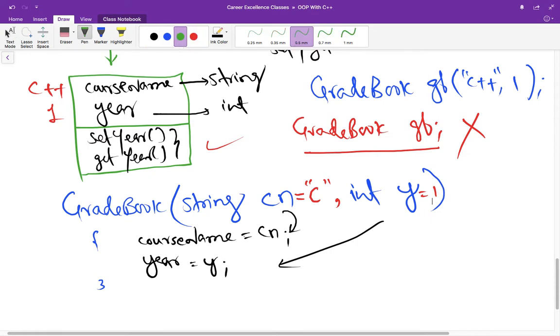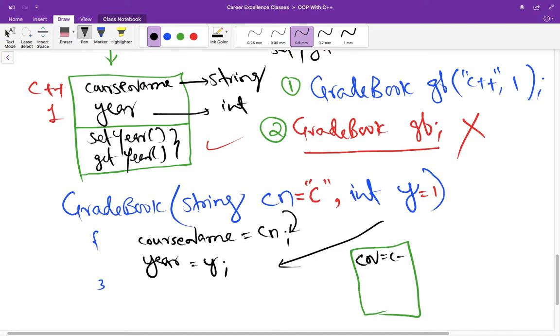So when we are creating this object using the first statement, there will be an object created like this which has course name. I will write only cn in short, and it will be C++. If we talk about year, it will be 1, right? This is for the first statement. But what will happen in the second case? Because we are not passing anything, the role of default argument will take place here.